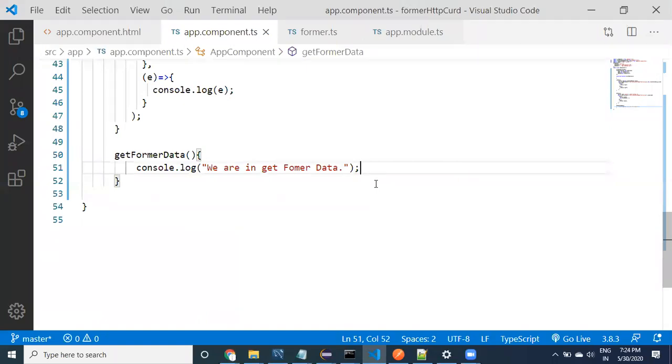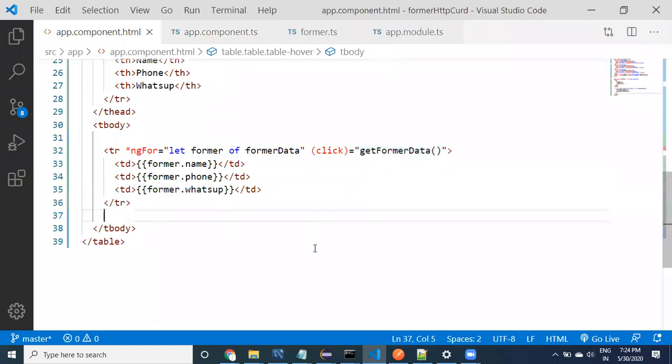Okay, if the user clicks on the third one, then we can go to the backend to get the data. So I need some kind of information. What kind of information? On which record the end user has clicked. To know that, let us look at the possibilities I'm going to tell you here.